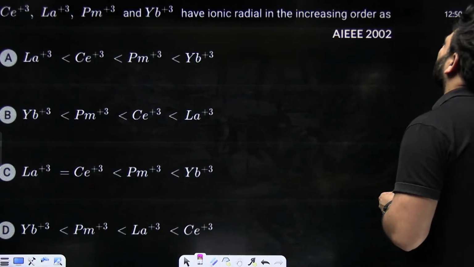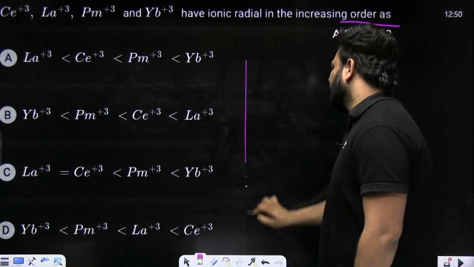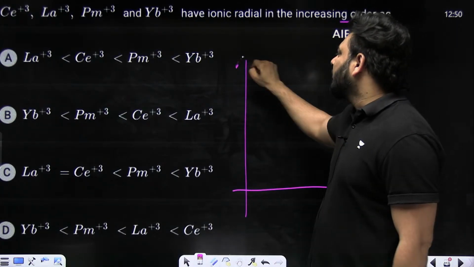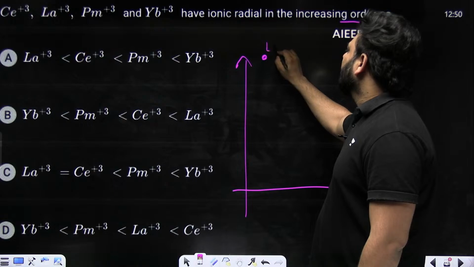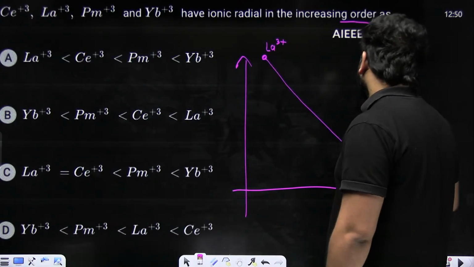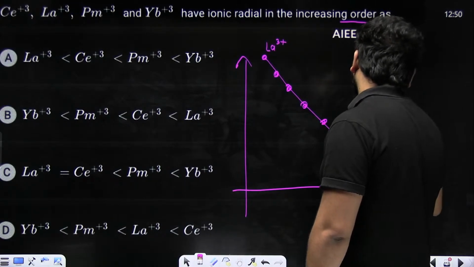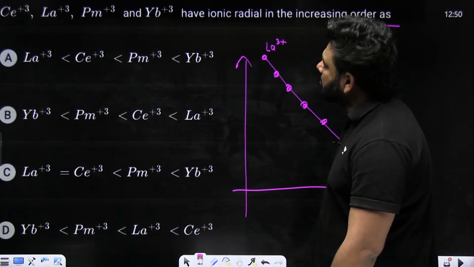We have the ionic radii of these all. This is one of the very easy questions, directly picked up. This is C, lanthanum 3+, and it keeps on decreasing. So 1, 2, 3, 4, 5, 6. So if I write down their names,